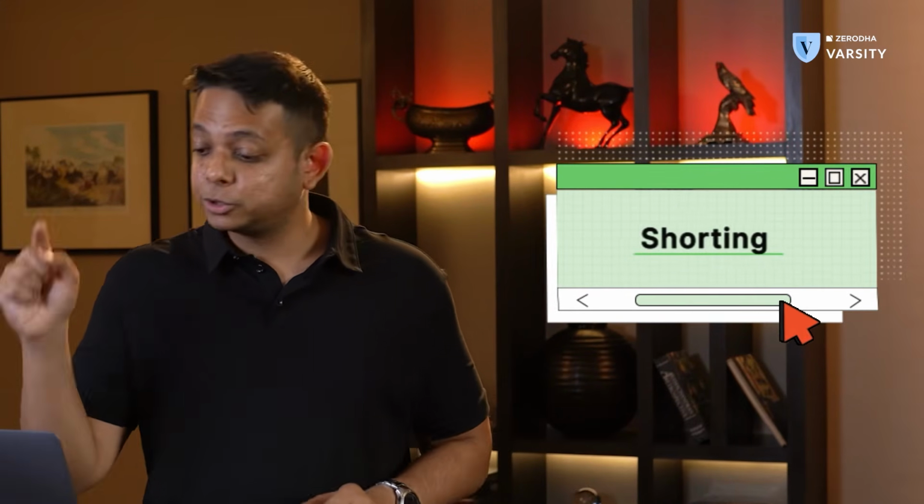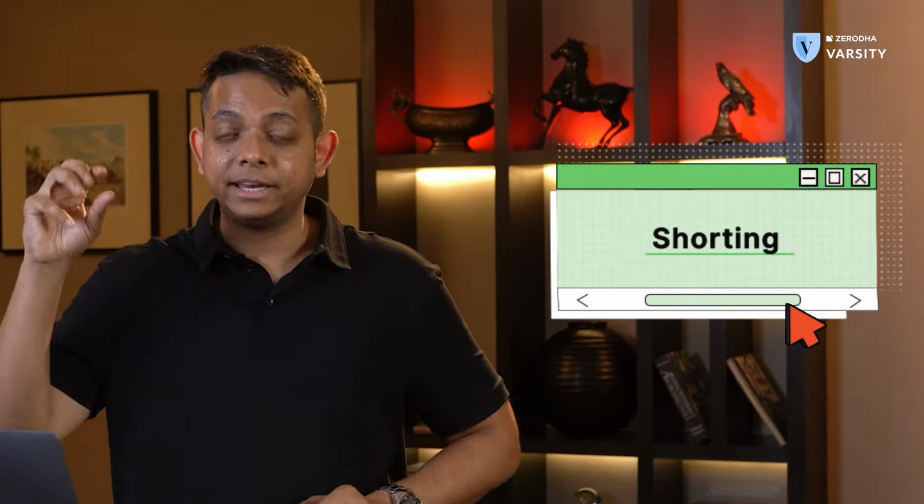Now, if the market falls below 304.75, we will actually profit from this transaction. This is called shorting. When you short and you get a minus quantity in your positions tab and you buy back the shares when the market falls, you can profit when the share price decreases in value. Now, taking this example further, we shorted at 304.75. Let's suppose the market falls 4.75 rupees lower, which means the market fell to 300. And we bought back the stock at 300. That 4.75 rupees difference is our profit.